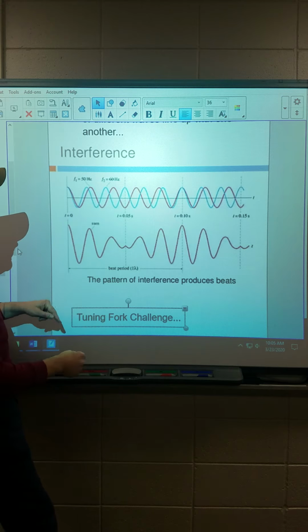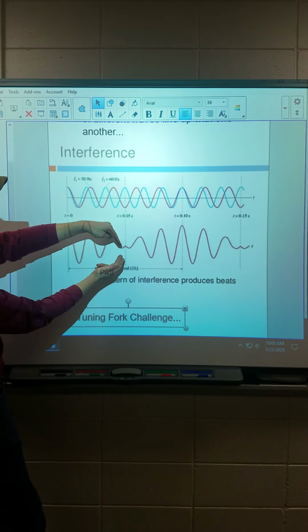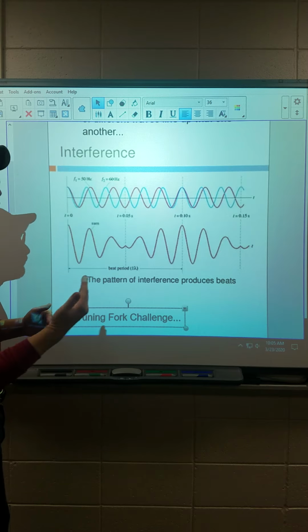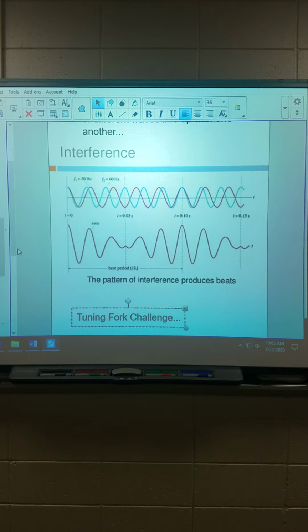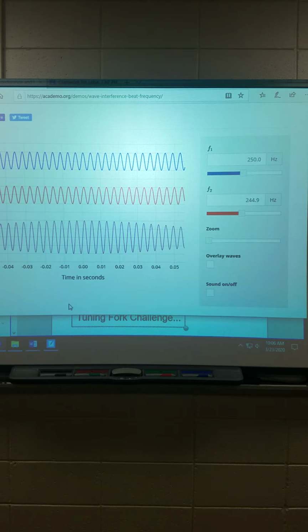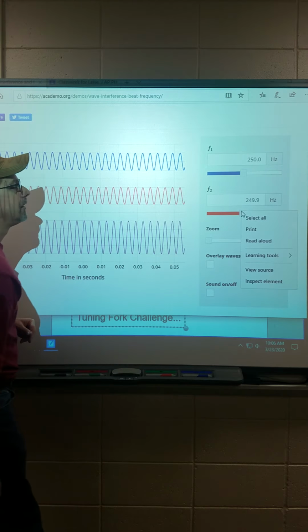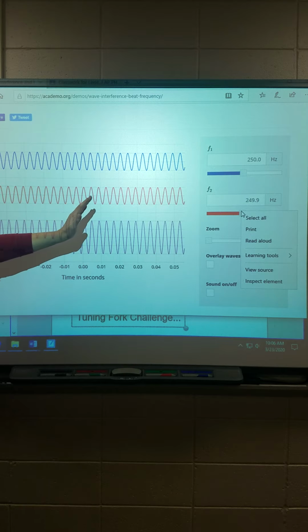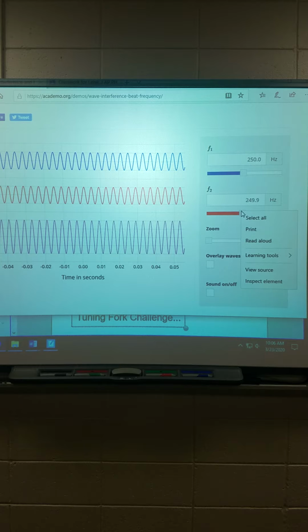What that means is that 10 times per second, we're going to hear areas of constructive interference and areas of destructive interference. Since these are off by 10 hertz, we're going to hear a wavering 10 times per second. Let me show you what I mean. If I start with two waves of the same frequency, here I've got 250 and 249.9, close enough, they're all going to be in step with each other. If, however, I change this to 260 hertz, where they're off by 10 from each other,